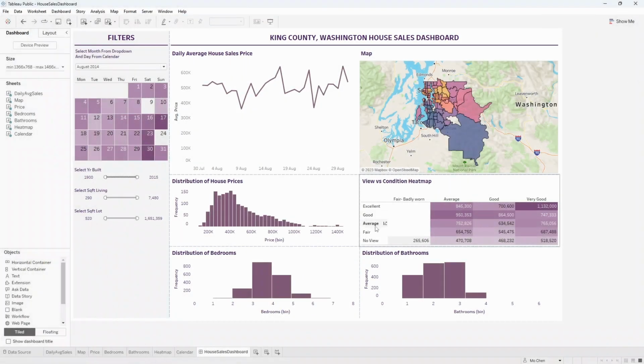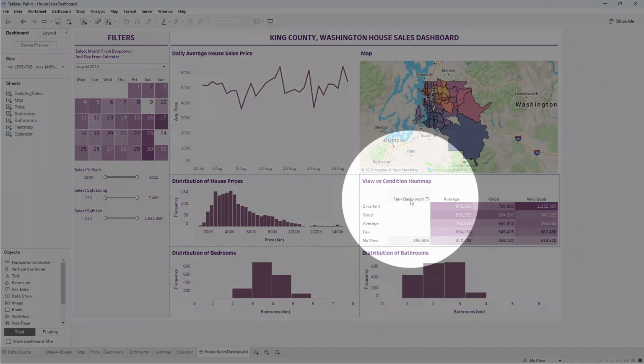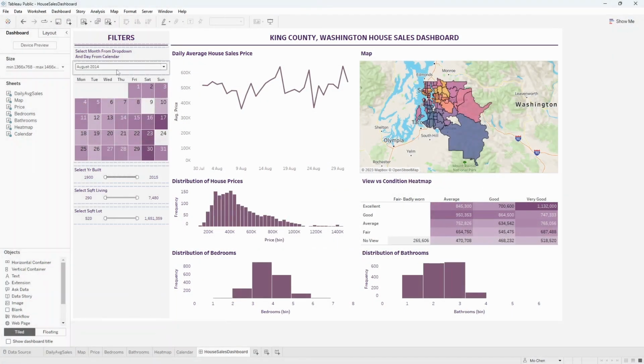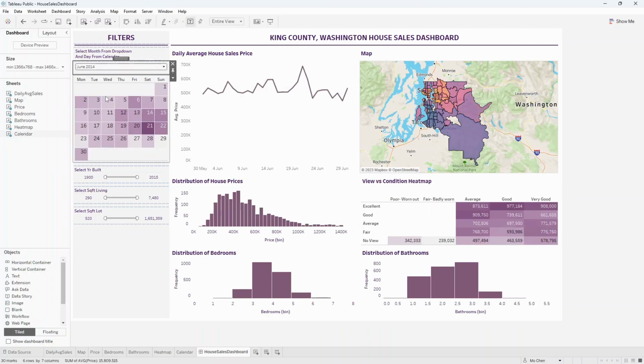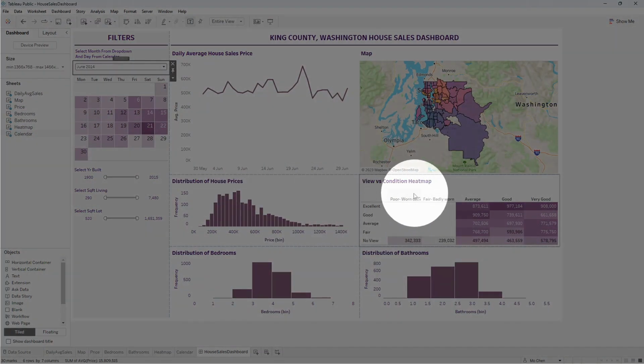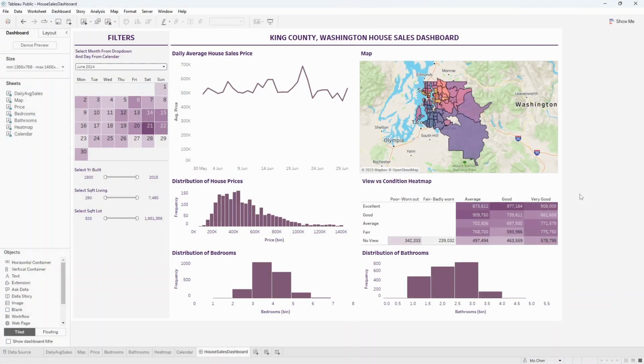condition. So basically, we have 5 categories for the view, going from no view to excellent. And then we have a couple categories for the condition as well, going from fair, badly worn, to very good. But I think there's actually one that's even worse than fair, which is poor. So let me just select another month, maybe June, for example. And there we go. You can see that the condition of the house goes from poor all the way to very good. Okay, so now that we've gone through what we'll be building in this Tableau project, let's actually build